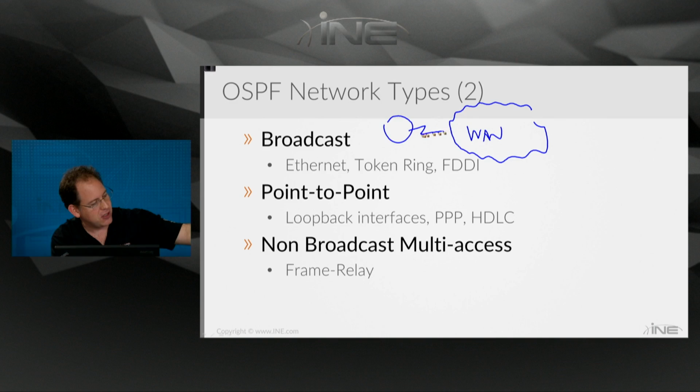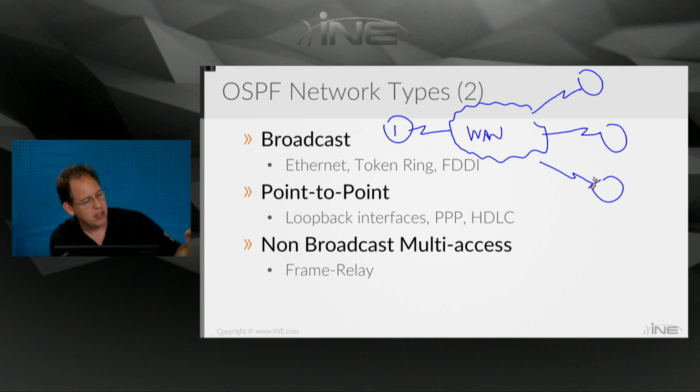It has one physical link, and maybe there's 3 other routers that also connect to that frame relay cloud. Maybe these are routers that belong to different campuses of this company, spread across your country, your state. And in a frame relay network,